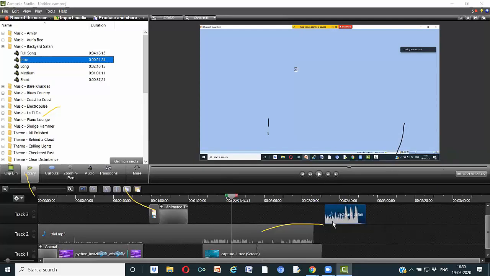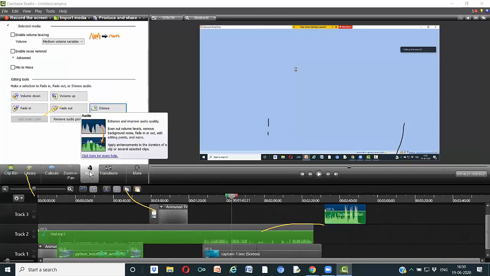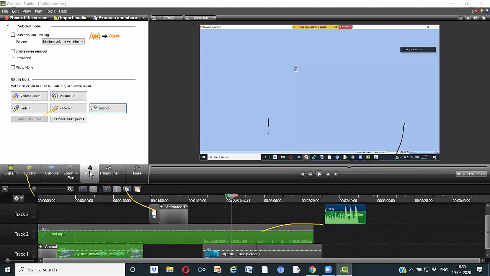Now you can see the spike, no? It means some kind of sound is there. With this spike, sometimes what happens is when the speaker starts speaking, initially the background music will be more, and as and when we start speaking, the background sound or music will be reducing gradually.